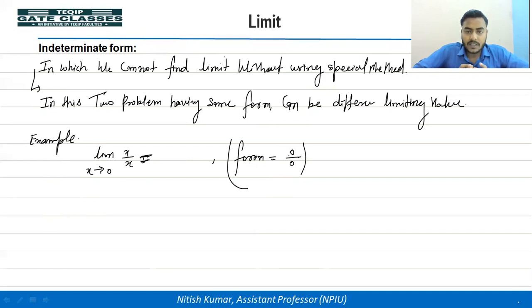So if the form is 0 by 0, how is it indeterminate? Why is it indeterminate then? Because if we get the form 0 by 0, we cannot say what the limiting value will be. Someone will say 0 and 0 will cancel, it will be 1. Someone will say no, it will be infinity, it can be minus infinity, right? So that's why it is called indeterminate form. Okay, so the limiting value we can calculate, that will become 1.